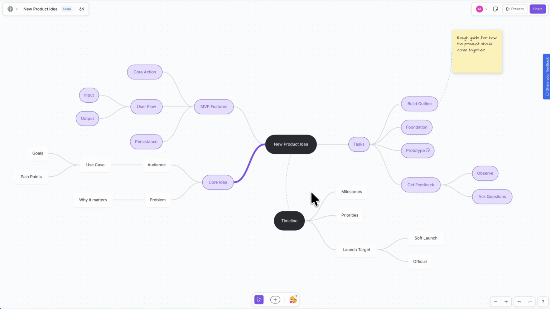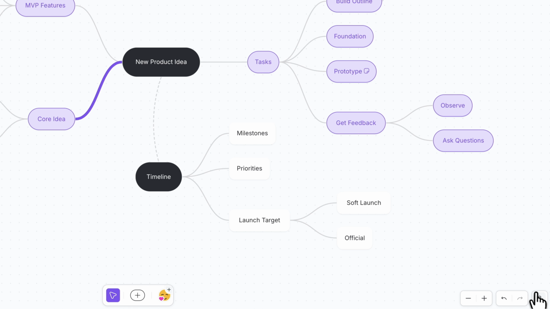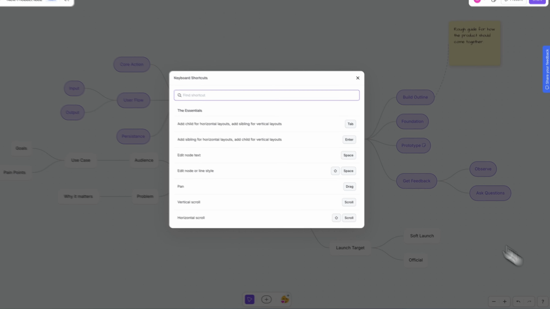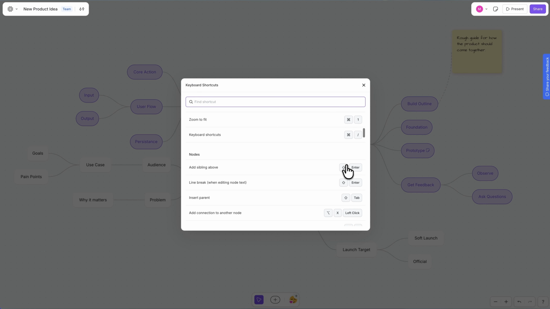So Mindmup includes many powerful shortcuts that can make editing significantly faster once you learn the basics. And to see a complete list of these shortcuts, you can come down here to the question mark in the bottom right-hand corner and click on that. And then you can click on keyboard shortcuts, and that is going to show you a complete list of the